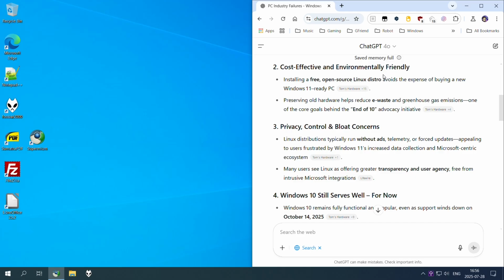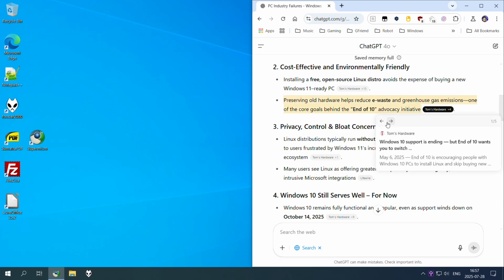So, cost effective and environmentally friendly. Installing a free open source Linux distro avoids the expense of buying a new Windows 11 ready PC. Tom's Hardware plus 15 sources. And preserving old hardware helps reduce e-waste and greenhouse gas emissions, one of the core goals behind the End of 10 advocacy initiative. Tom's Hardware and